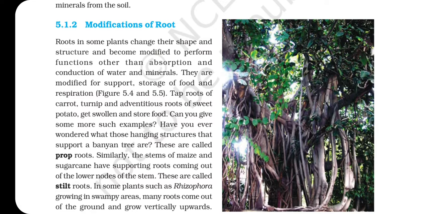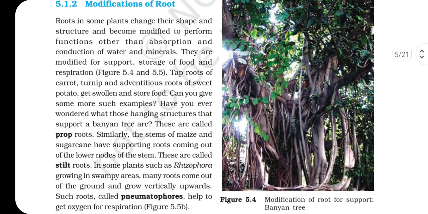Have you ever wondered what those hanging structures that support a banyan tree are? These are found in banyan tree and Ficus religiosa, that is peepal. These are called prop roots. Similarly, the stems of maize and sugarcane have supporting roots coming out of the lower nodes of the stem. These are called stilt